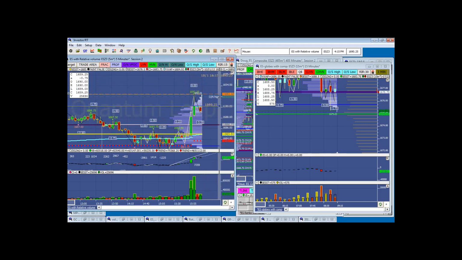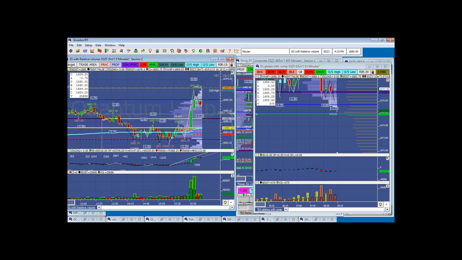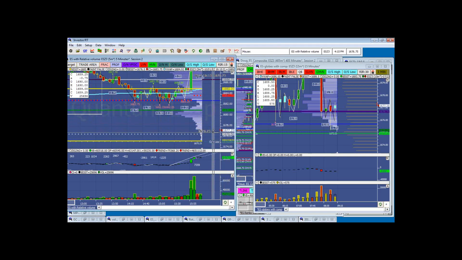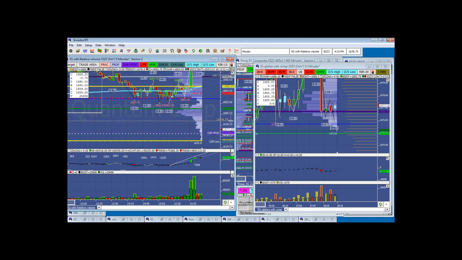The value area high is at 90 and a quarter. Our current Globex VPOC is at 1676.75. We could get a shift before the end of the Globex session. The possible shift would be to 77.50. So I'm going to put it in at 76.75, but if it changes, then we'll just make that change. Of course, we're trading just above it.